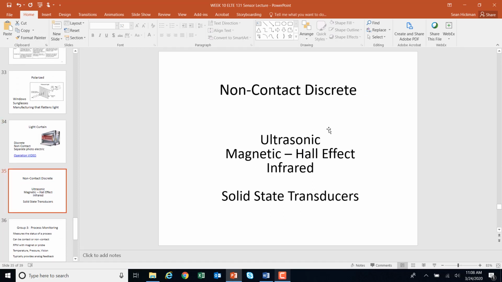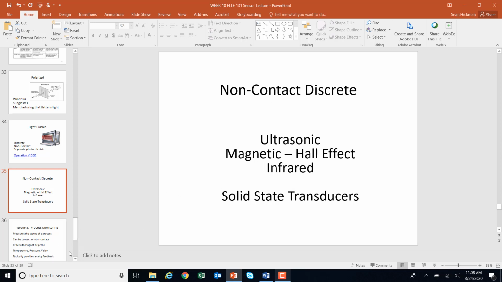So there's other non-contact discrete sensors that we talked about. There's ultrasonic, magnetic Hall effect sensors, and infrared sensors, and these are all solid-state transducers, okay, similar to the proximities and the photo that we talked about. So these are in your handout, so you want to take a look and just understand. You've probably seen these around. You might have them at your house. Maybe you've got motion detect lights at your house that come on at night, or maybe you've got a camera on your front porch that comes on when somebody comes to the front porch. There's different types of other non-discrete